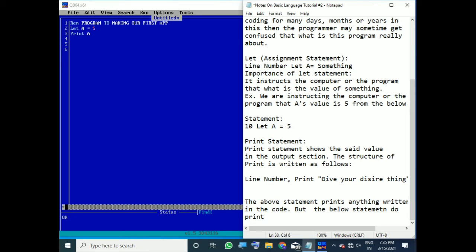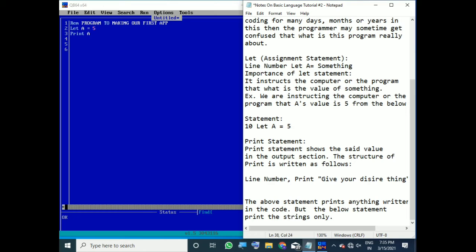The below statement does print, but it does not print the variable; it prints the strings only.